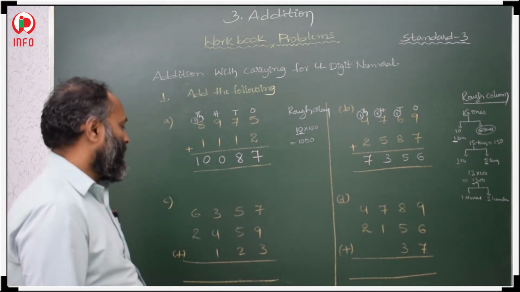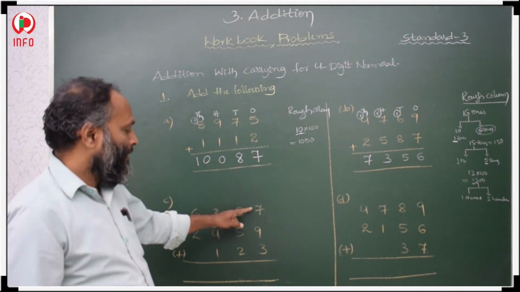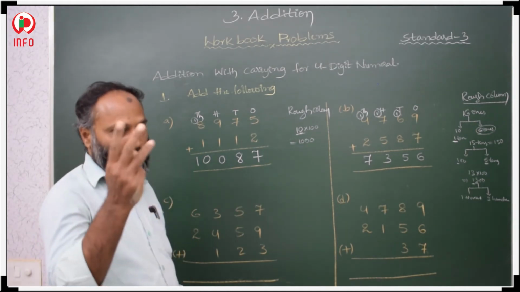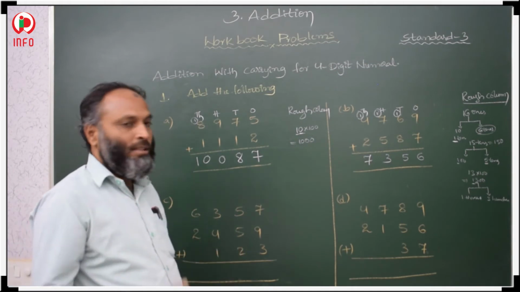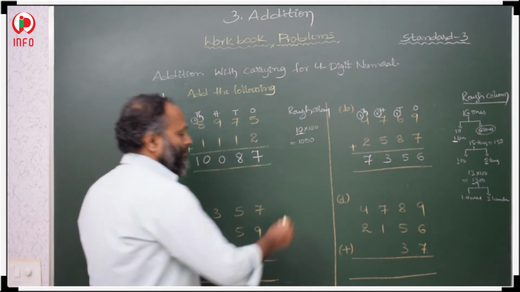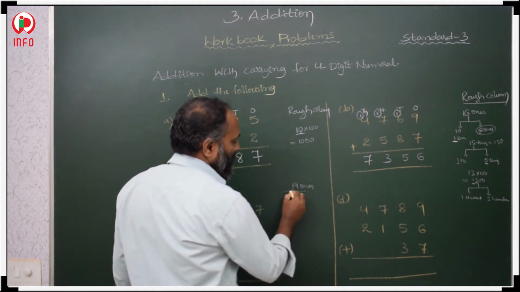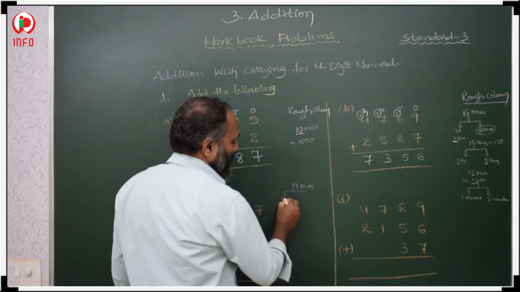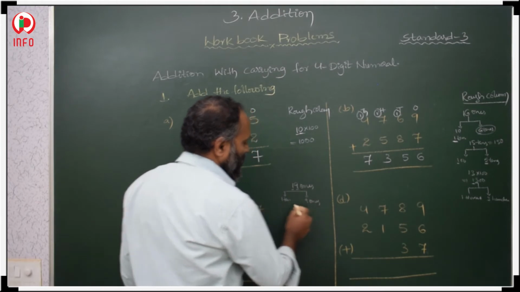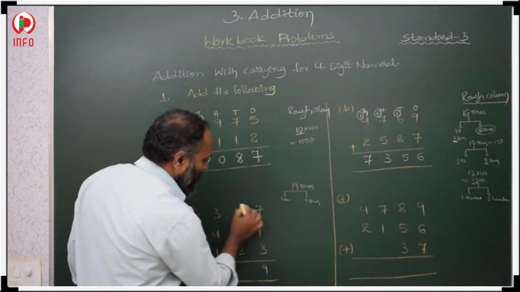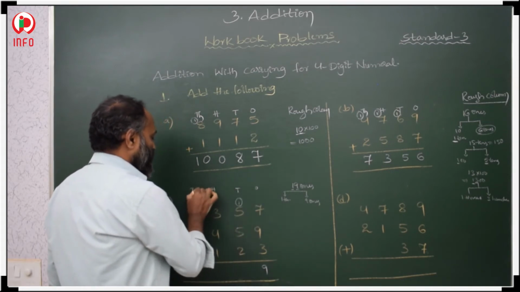In this way we have to regroup. Here 3 numbers are here. That 3 numbers we have to add. 7 plus 9. 7, 8, 9, 10, 11, 12, 13, 14, 15, 16. 16 plus 3. 17, 18, 19. 19 ones means this is 10 and 9 ones. 9 ones in the ones place, 10 in the tens place. This is ones, tens, hundreds and thousands.